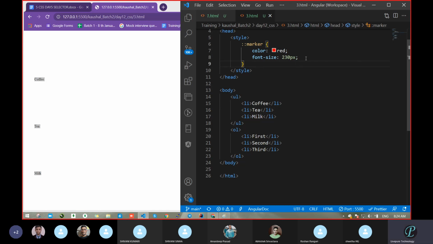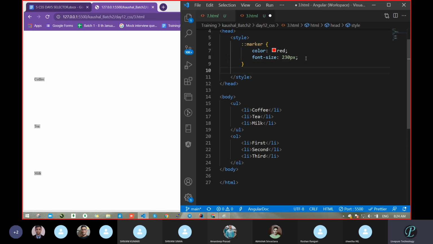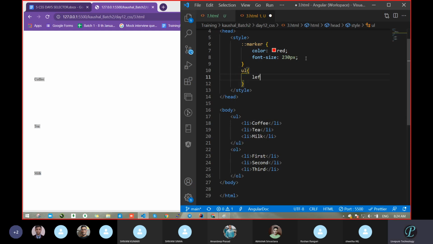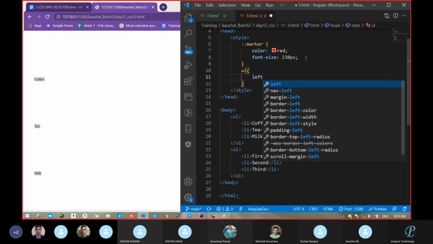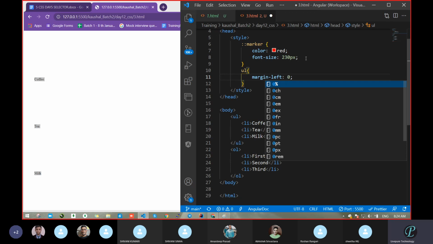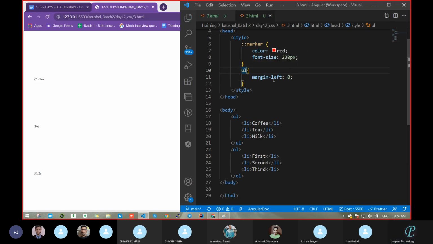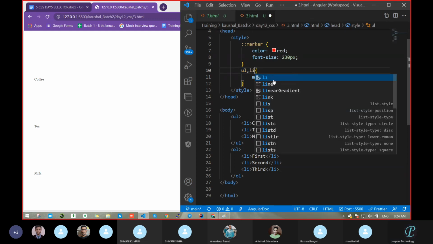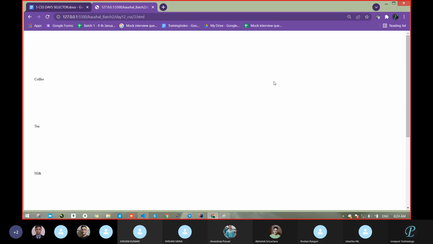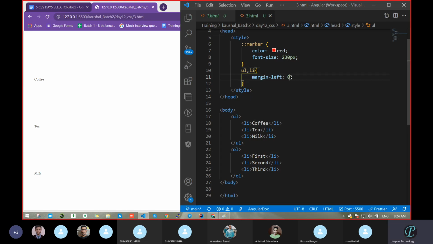So where can I pass the margin, in the LI case, I think? UL. Margin left 0? No, not this one. Give some value, 10 or 20.